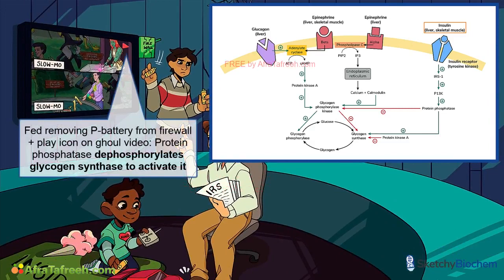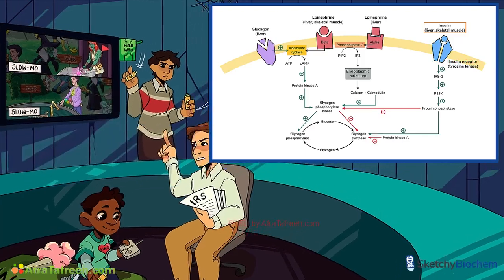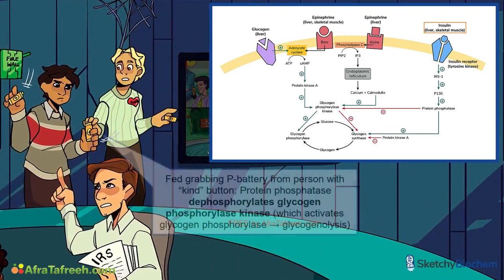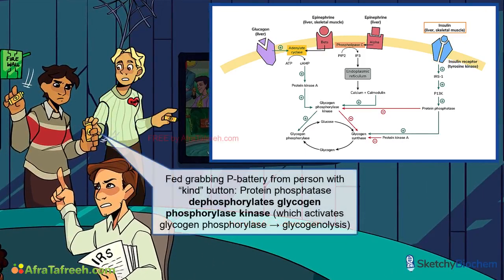1, it directly activates glycogen synthase by removing a phosphate group. The Fed wants access to video files of the ghoul making cotton candy, but they're locked by a firewall. In order to access those files, the P battery needs to be removed from the firewall. It's very high-tech. And 2, protein phosphatase inhibits glycogen phosphorylase kinase, the enzyme that normally activates glycogen phosphorylase, by removing